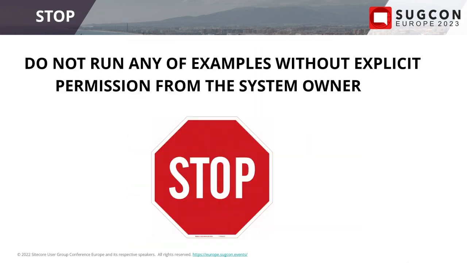So that brings up the next slide, which is, do not, under any circumstance, use any of these techniques unless you got explicit permission from the system owner. I cannot stress it enough. Also be aware that special permission may be required on cloud providers, Google, Amazon, Azure, and so on. For some of the cloud providers, you can just go ahead and hack the shit out of them, okay? Also be aware that hacking on pipelines in Azure or Vercel pipelines or Sitecore pipelines is a strict no-go. I think I covered my ass.